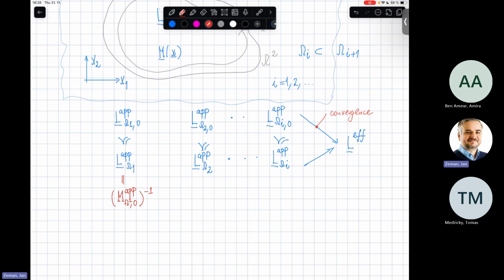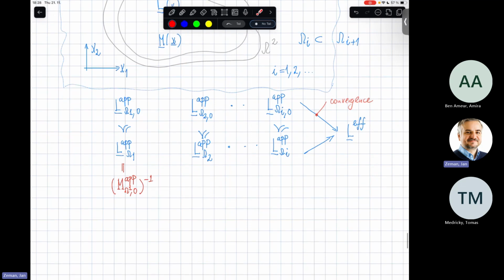I do not know whether you recall that, it has been some years since you heard it, but basically if a certain sequence of apparent properties converges to some limit, it actually says that if I pick some accuracy with which I would like to approximate those effective properties, there is some, in this particular case, finite size observation window, which if I keep increasing, then I will be sufficiently close to the target value with the prescribed